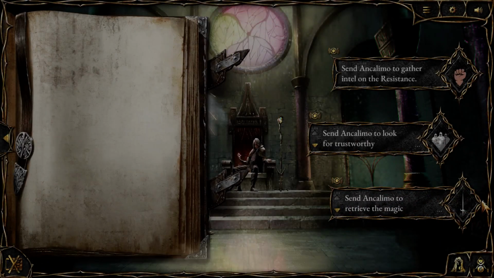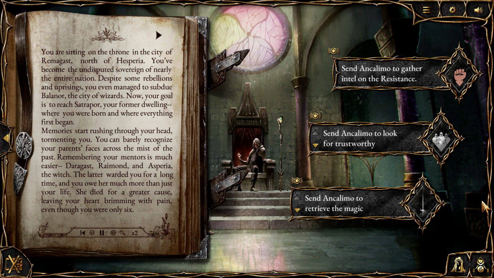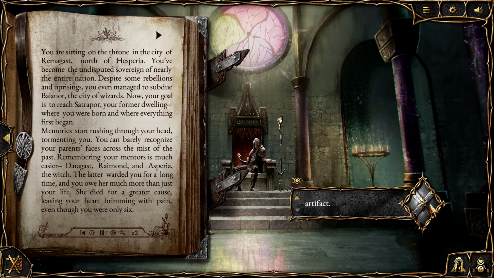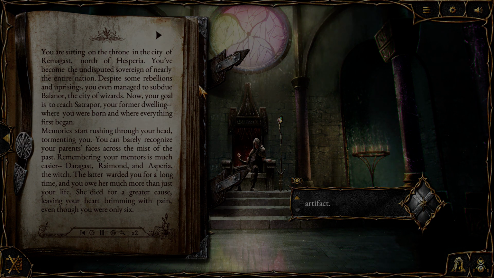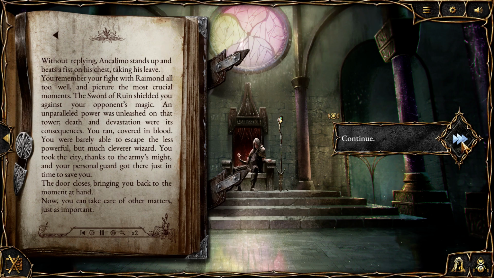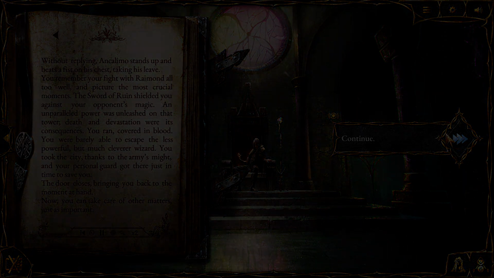You are sitting on the throne in the city of Remagast, north of Hesperia. You've become the undisputed sovereign of nearly the entire nation. Despite some rebellions and uprisings, you even managed to subdue Balinor, the city of... You need to track down a magic artifact, a weapon I once owned, which is now lost. It is called the...